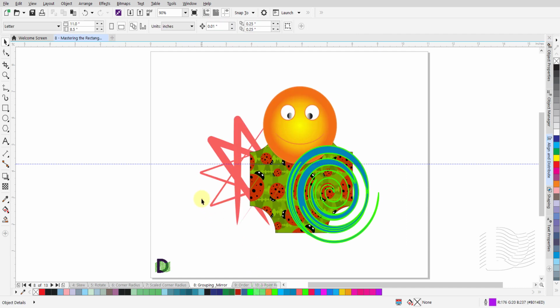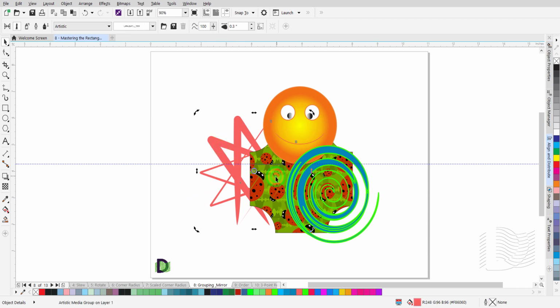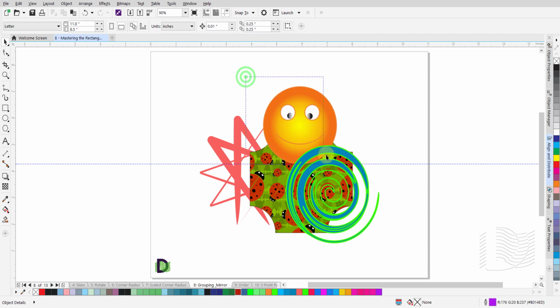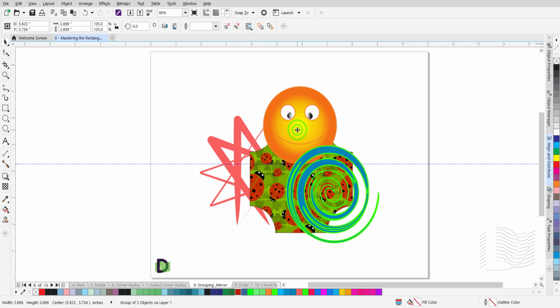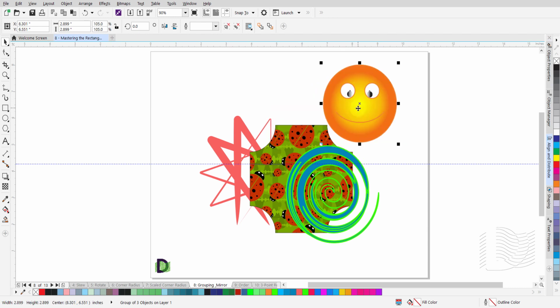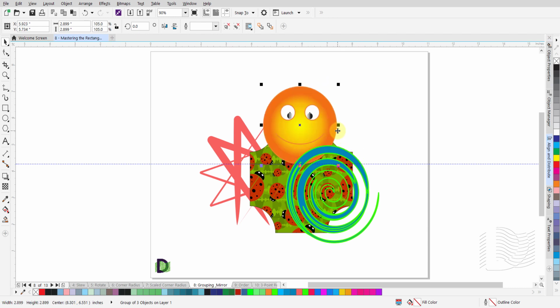Grouping and ungrouping objects. Here we have 4 objects placed one on top of the other. You are able to select any one of these objects, individually or collectively, using the Pick tool or using the marquee. With the Pick tool selected, left-click and hold on an object. Drag the mouse to move this object. Press Ctrl-Z, Command-Z on a Mac to undo this move.